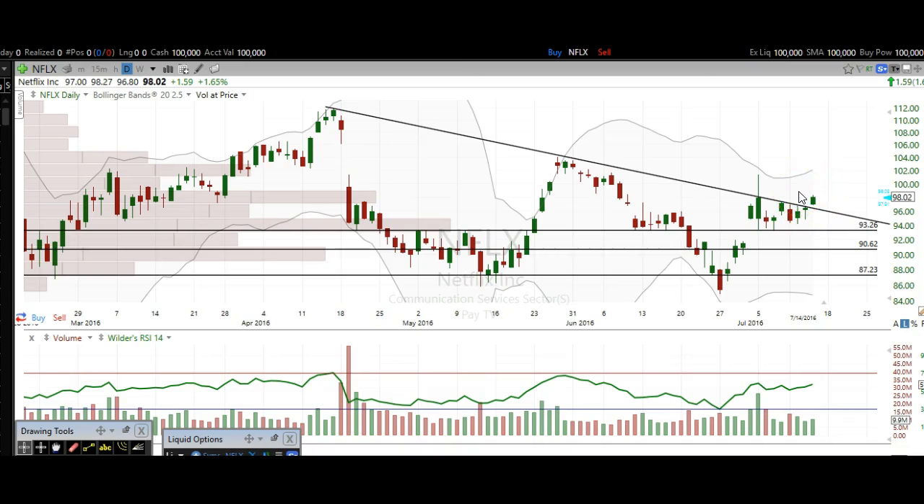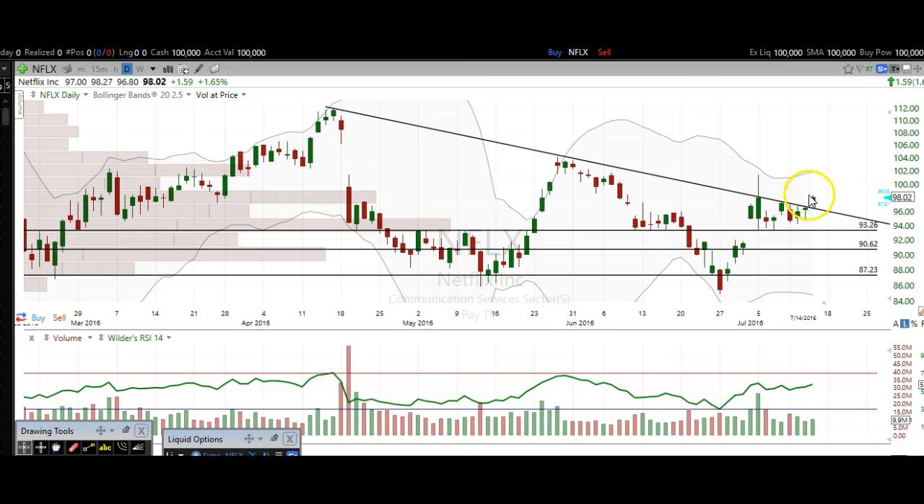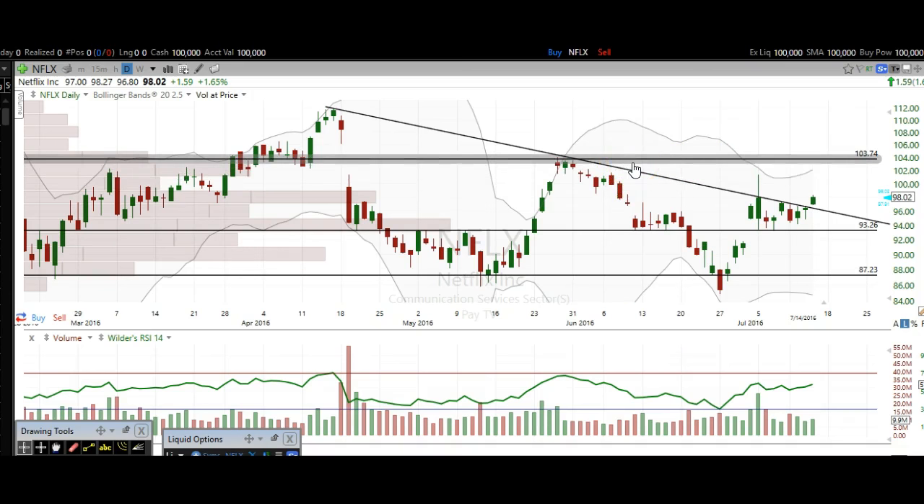So we'll see what tomorrow brings, but really want to see the highs of today breached, and I want to see the highs of today hold. And if that's the case, then I think we are looking at a breakout here for Netflix, and we can expect higher prices. The next real resistance I'm seeing is right around